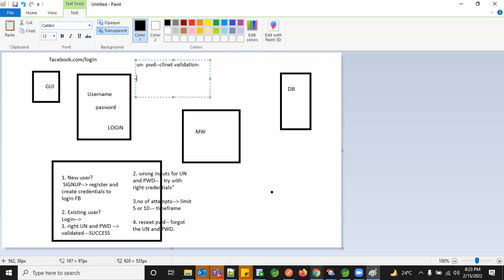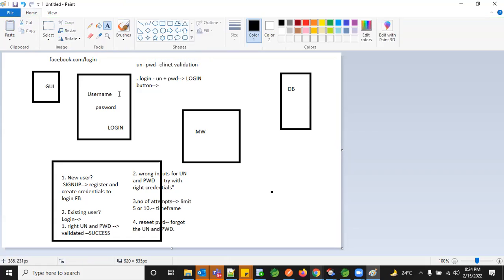All basic validations we do at the client level using JavaScript, CSS and HTML. Once this is done, he's the user who already registered and is trying to log into the system. So now the first attempt, he's logging in with the username and the password provided. When he clicks on the login button, you need to send a call to the backend saying you got a request to validate whether he's the right user, whether the credentials are true, whether we have these credentials in the database or not. The control will now be taken from here to the middleware. Once you get all the necessary inputs, we'll be hitting the middleware.